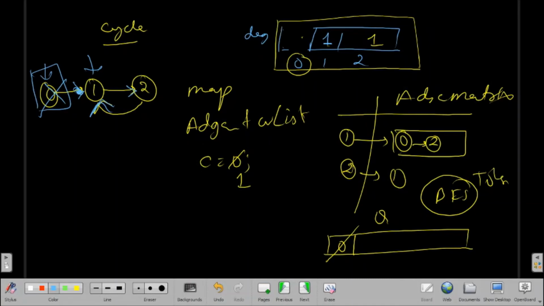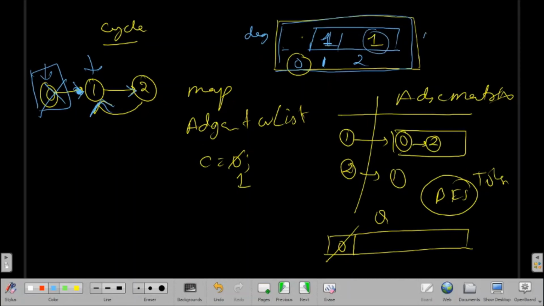So I'll again see if there is any value 0 in the degree array. We will see that no, for course 1 we have degree 1 and for course 2 we have degree 1.